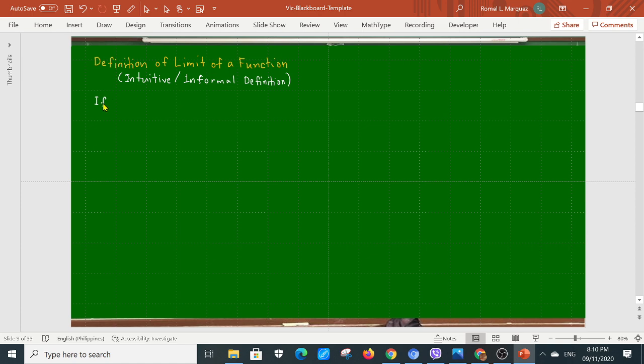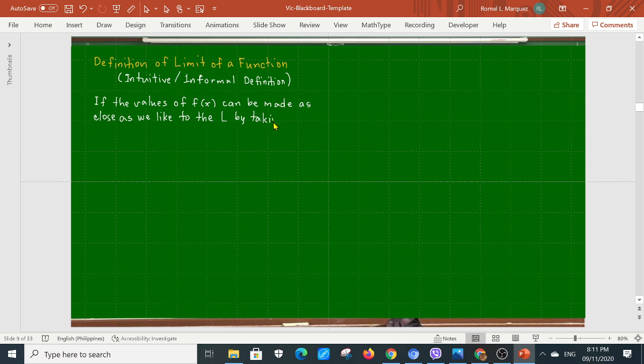So, if the values of f of x, as what we observe, can be made, if you can make the values f of x as close as we like to a certain number, let's say the number is L, that is a real number, by taking